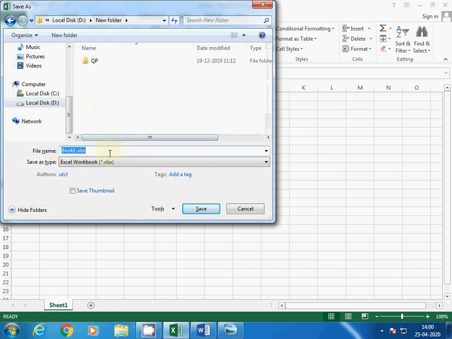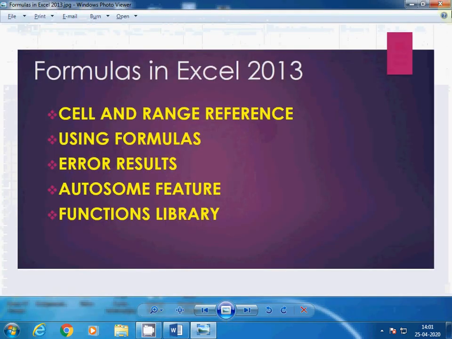Save your file when you are done, and save it in your folder wherever you are saving. Here I am saving in a new folder,